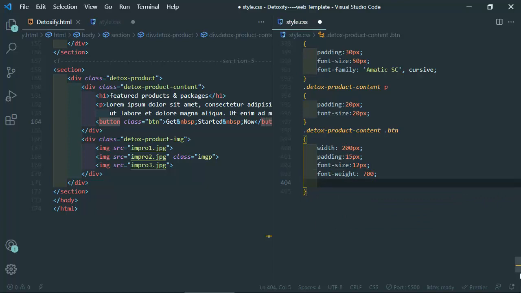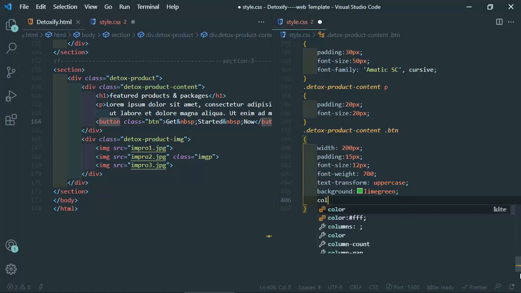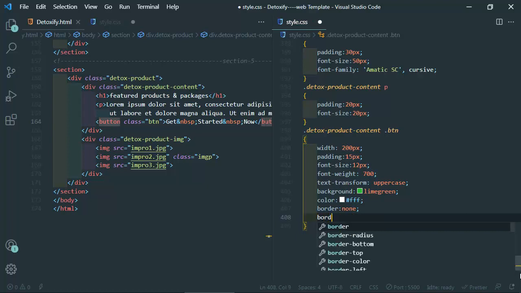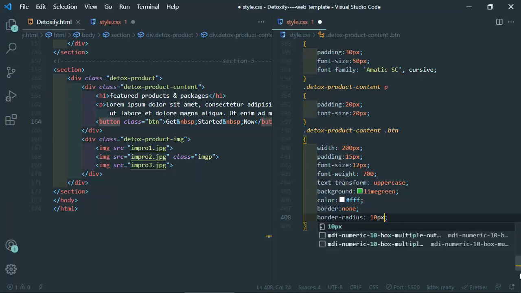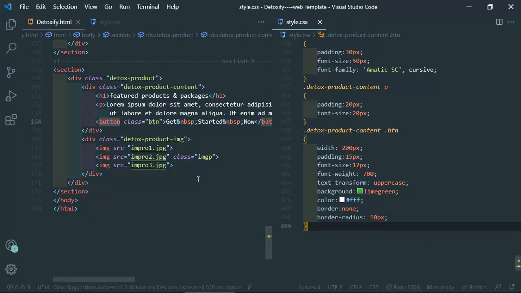Okay, then text transformation property should be uppercase, background color that is lime green, color is white color, border should be none, border radius should be 10 pixel. Okay, and now we have to create